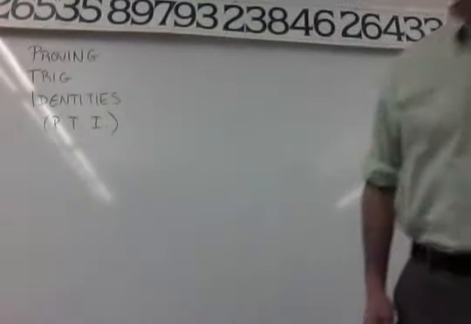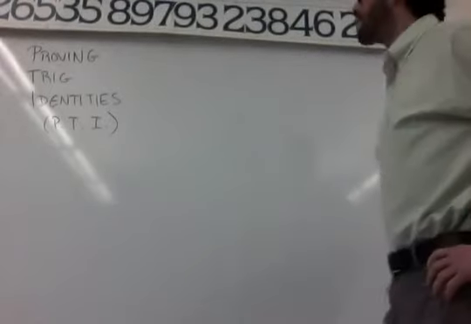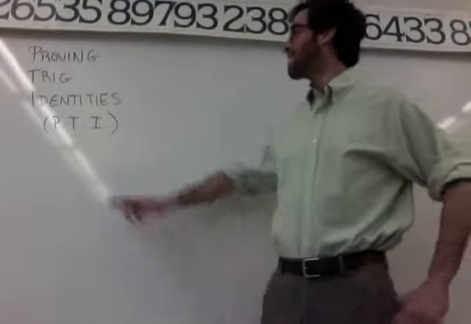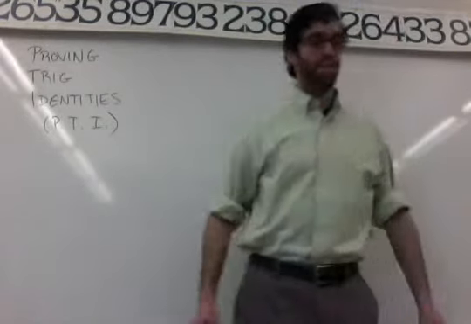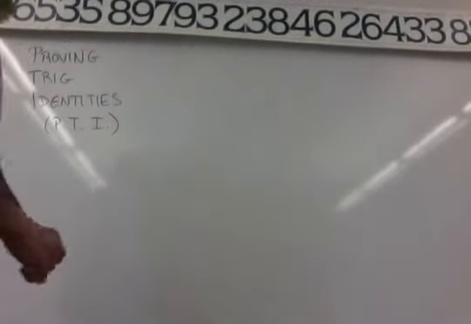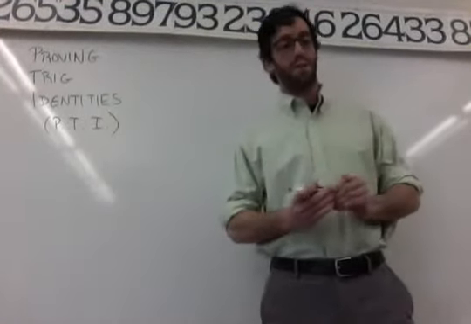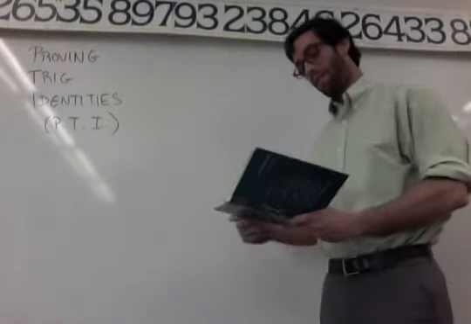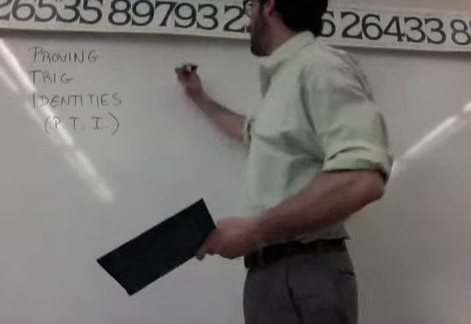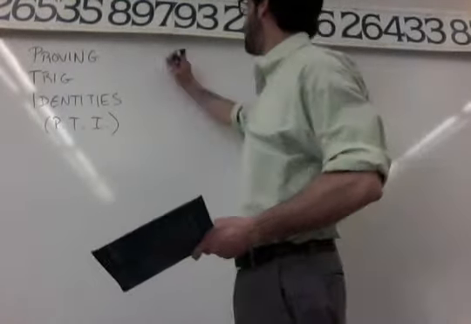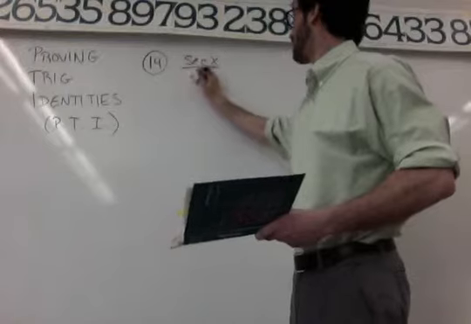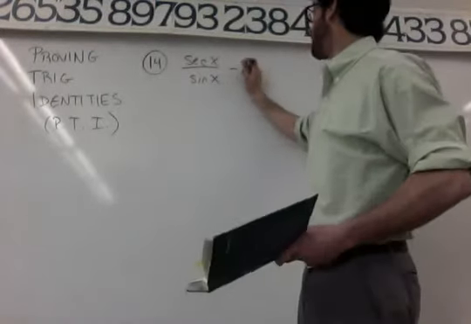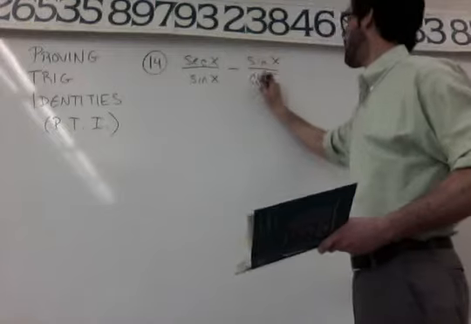Okay, so today we are looking at proving trig identities, PTI. And if I can find my marker, I can do some math problems for you. All right, so you have a few problems that you've already done with this. I'm going to go over two additional examples that are a little more challenging. One of them is problem 14 from the work. And you've got to do the odds, so I'm not making it any easier for you by doing an even problem. We have secant x over sine x minus sine x over cosine x equals